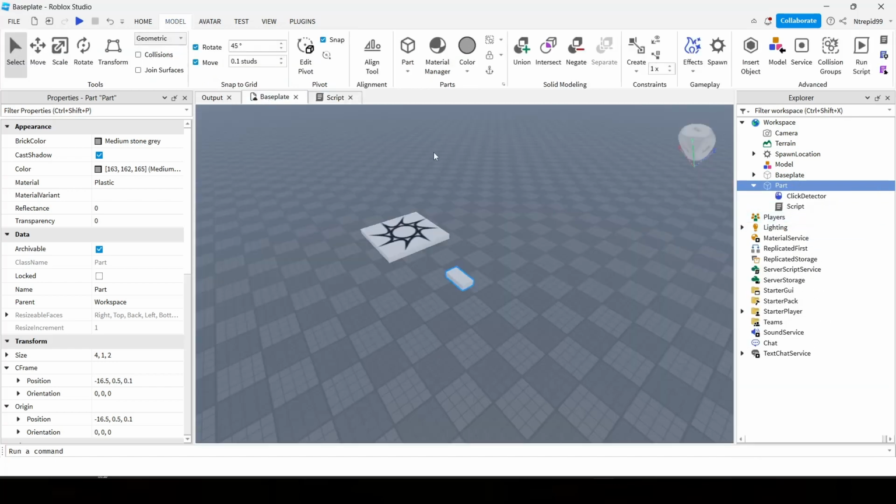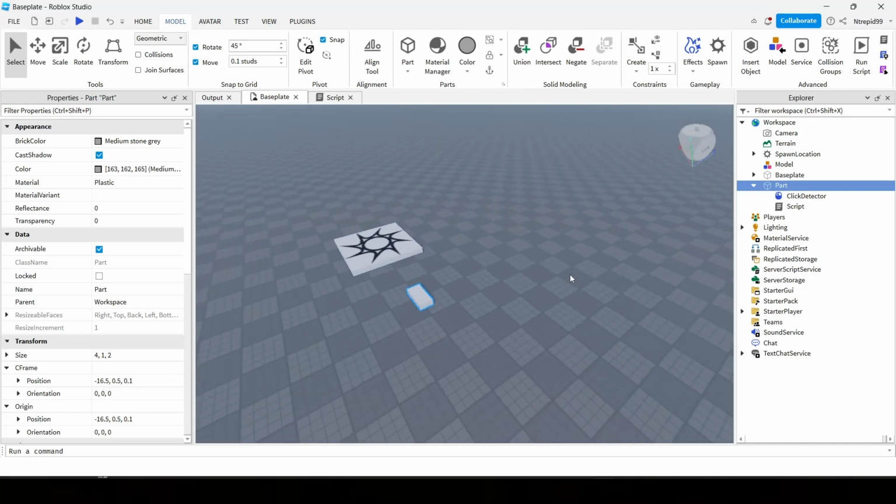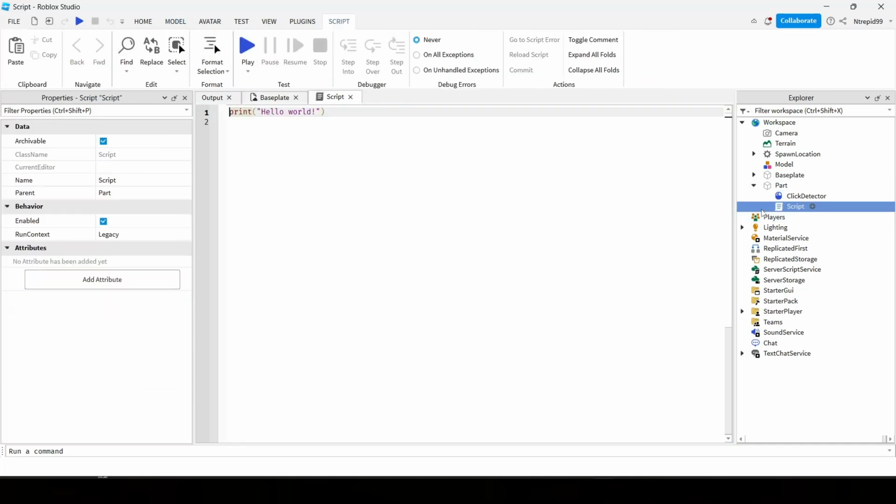So basically we are going to make it to where when you click this part, it's going to clone the part. And that's pretty much what we're going to do. I will also show you how to set the position of the clone and all that stuff. So we'll start off with script.parent, which is